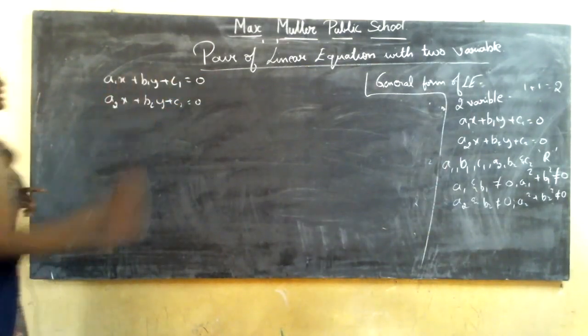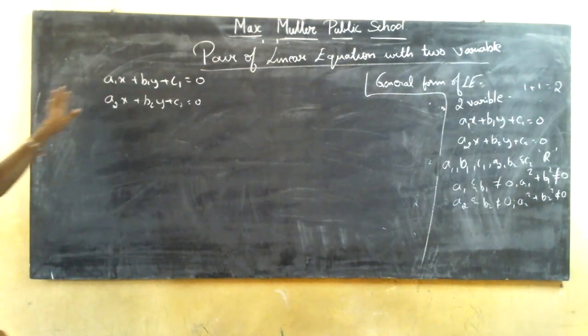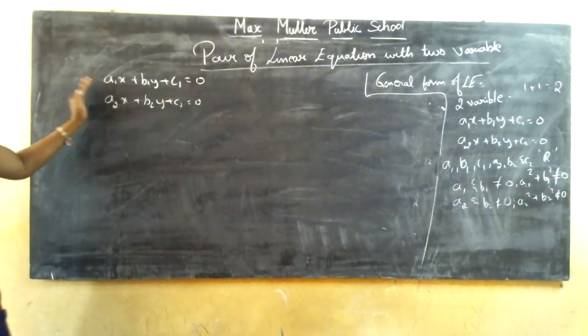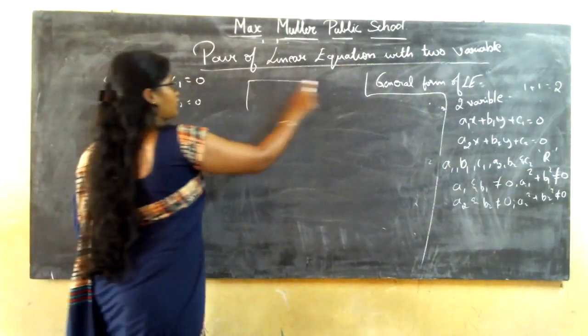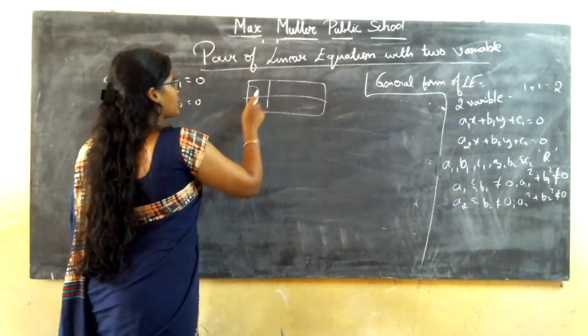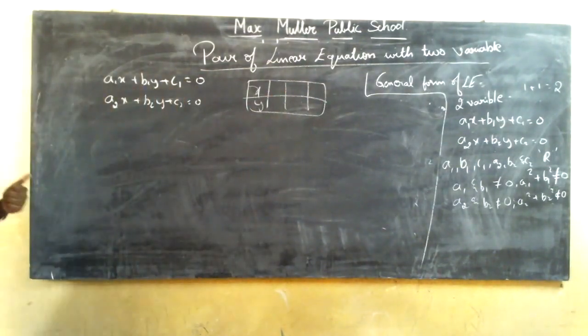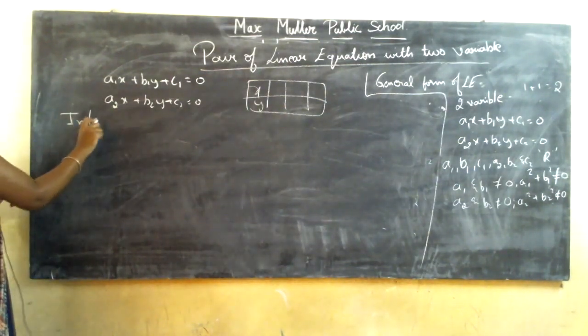If you have got these two equations, you will find out the x and y values, the x and y coordinates, for each of the equation, and you will be ready to plot it in the graph. Now, if you want to plot it in the graph, you will get lines. What type of lines you will get? You will get intersecting lines,